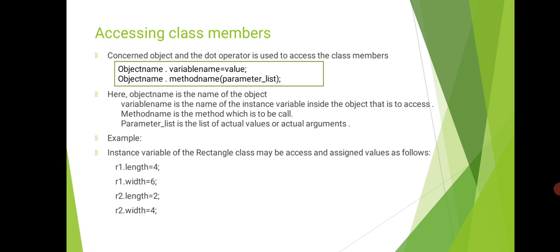In this way we can assign a value to a variable present inside a class, that is nothing but an attribute or a data member of a class. For that attribute or data member we are assigning a value through the object name and dot operator. Similarly, we have methods inside a class, and a method can be accessed using the object name and dot operator: object name, dot operator, method name with its argument list, that is the parameter list. If it has parameters you should mention them there, in the calling statement. So when you are calling a particular method you should use the object name and dot operator. Here object name is the name of the object.